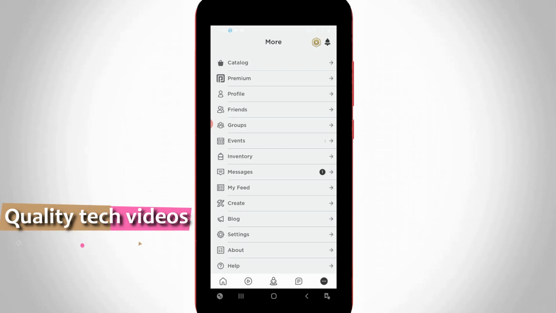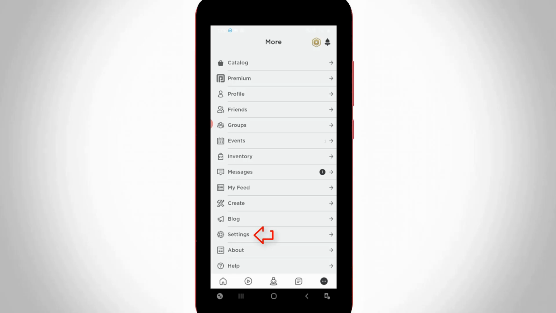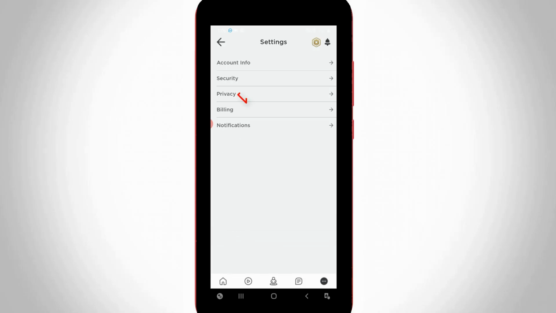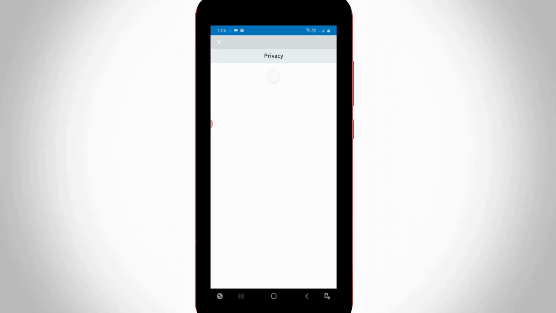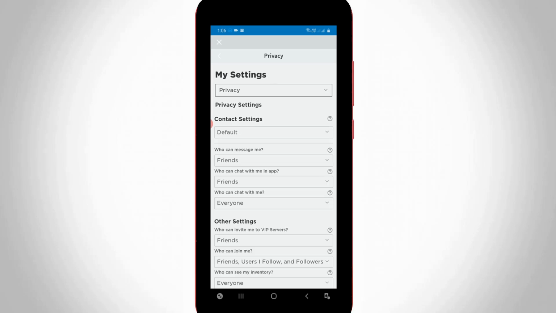options. But you can go to your settings, and it is placed followed by the block section, and then choose privacy settings, the third one, and it starts loading. So be patient. And finally I located the setting called who can join me. But in my device the setting is by default set to friends, users and followers.